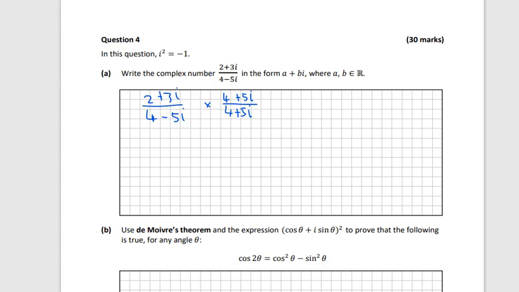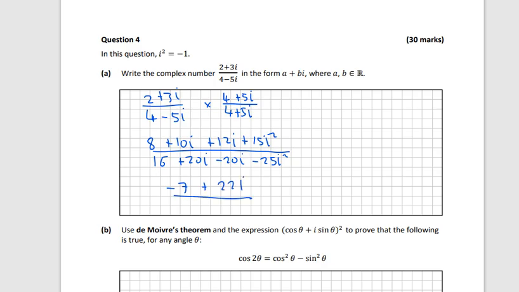Therefore, if we multiply out everything on top, it gives us 8 plus 10i plus 12i plus 15i squared. And the bottom gives us 16 plus 20i minus 20i and minus 25i squared. Therefore, on the top, the i squareds turn into minus 1s. So on top, we have 8 minus 15. That's minus 7. And plus